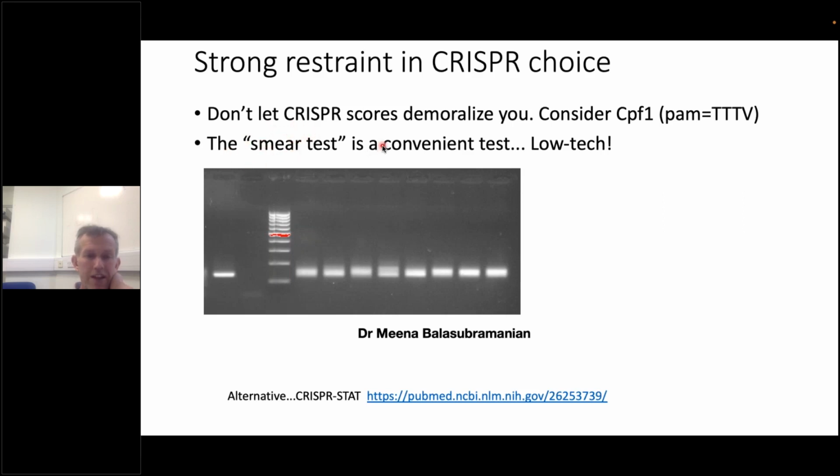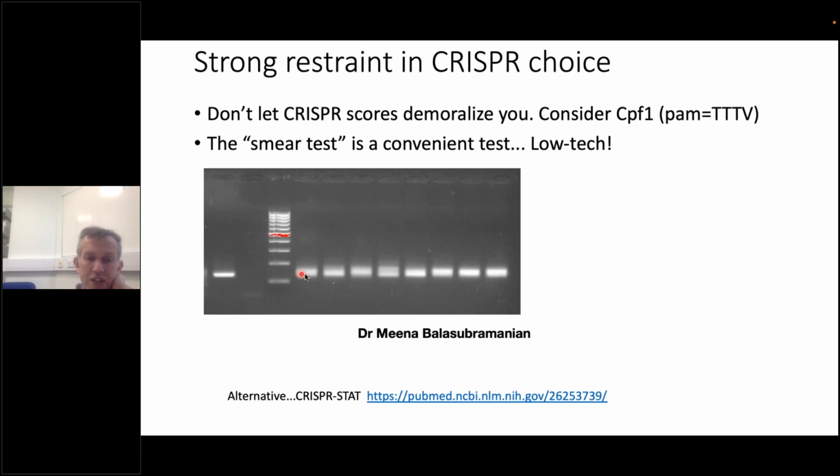It's very low tech. The only thing that we do is we inject our fish with a CRISPR, and then we make a very short PCR product. So again, we try to get it about 120 base pairs. That is really, really short. And then we compare injected embryos with uninjected embryos. And you can see an uninjected embryo over here, and your PCR product is really nice and sharp. You get a crisp band.